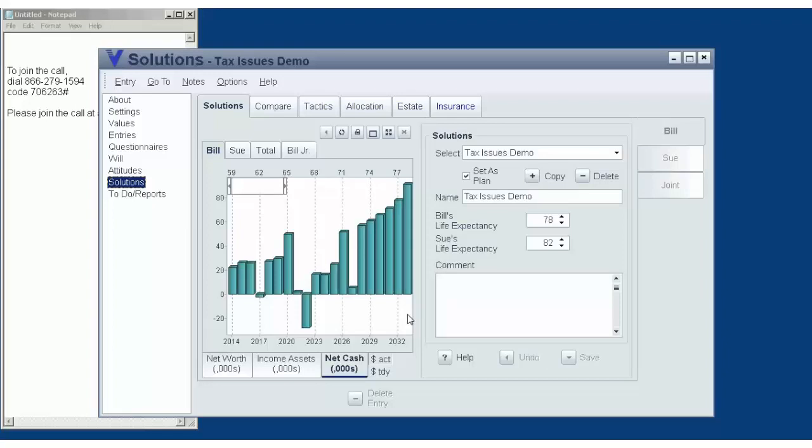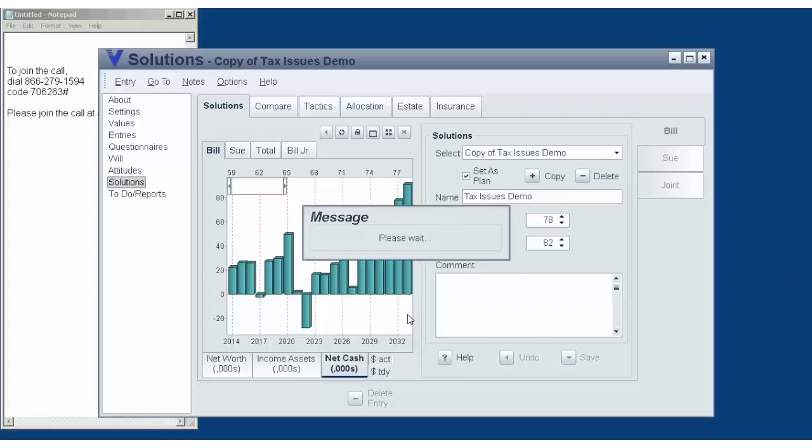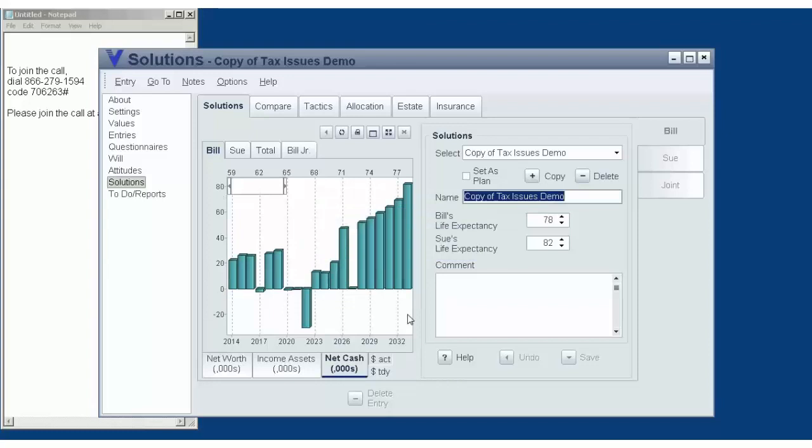So what we'll do is create a new solution now. In order to do that, it's very simple. All we need to do is click the copy button. None of the output is going to change. We're just making a 100% identical copy of it. I'm going to call our new solution Convert Rental. So we just need to give it a name and then save it. Then I'm going to go to the Tactics tab,